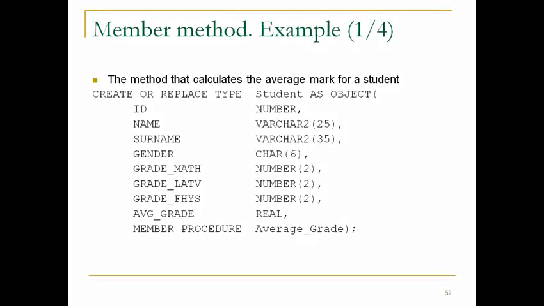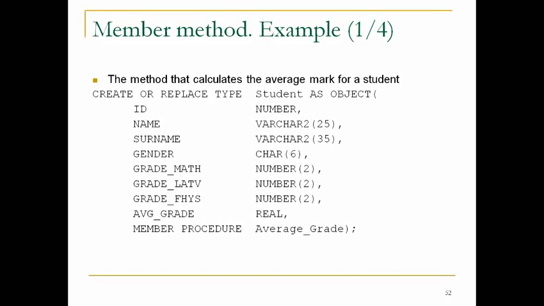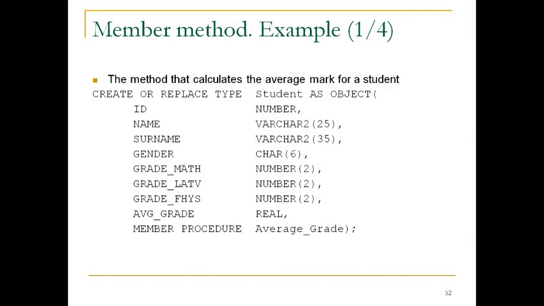Now let's get into the details about one very simple example. For example, we can have a student: all personal data about the student, and 3 grades. Grade in math, grade in Latvian language, grade in physics, and average grade. And we'll have the member procedure that will calculate this average grade. It is member procedure and its name. And that's what we have